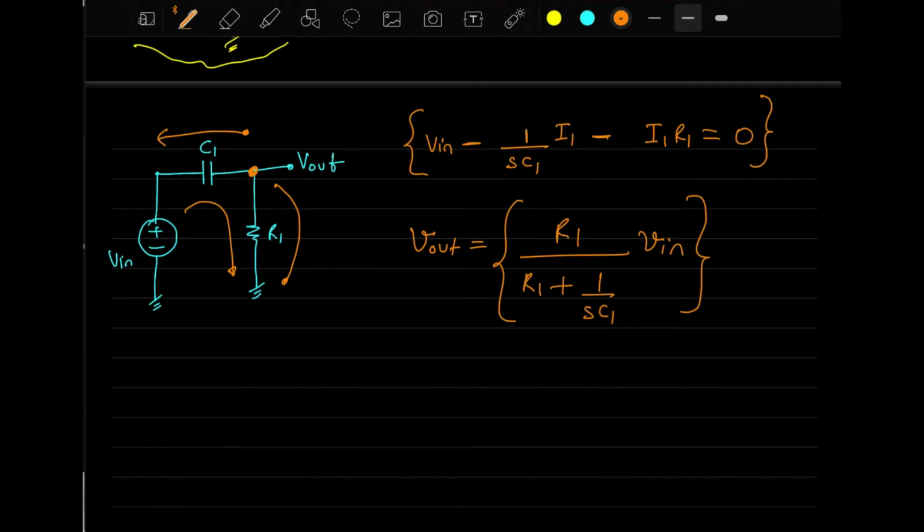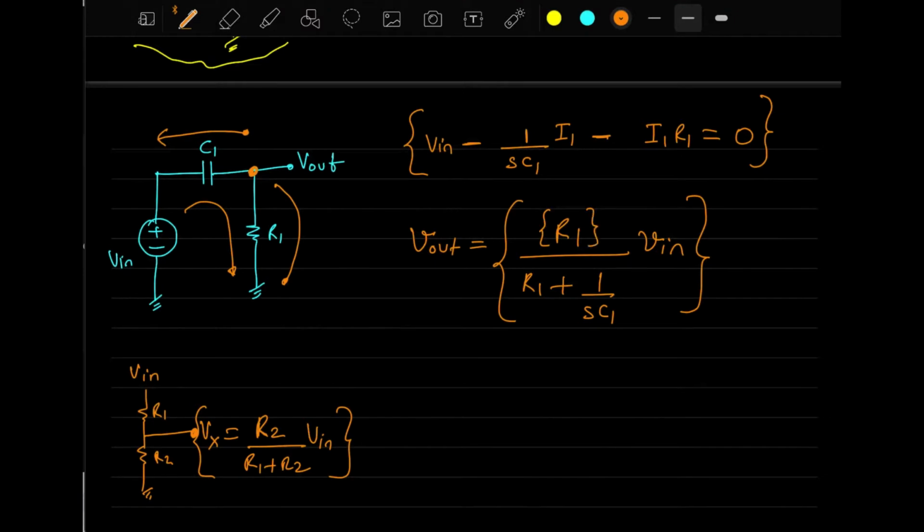As you might recall, if you have a circuit with R1 here, R2 here, and ground on this side, and you want to calculate the voltage at this point, let us say Vx, then it is easily written as R2 over R1 plus R2 times V in. This is a voltage divider. I am using that same thing here. Your R1 is this one, and then we have the impedance of the capacitor, which is 1 over SC1. It's as simple as that. If you have any confusion here, let me know. Otherwise, I will rewrite this expression again.